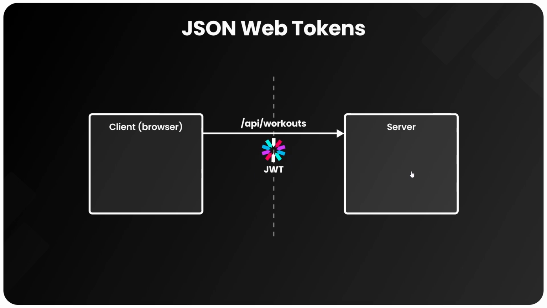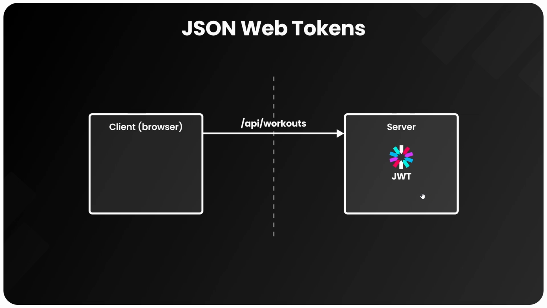So on the API, if when a request comes in, the server detects that JSON Web Token and evaluates it to be valid, then we'd allow access to whatever resource the user needs. But if when the request comes in and the API doesn't detect the web token or determines it to be invalid, then we'd send an error back to the client. And that error would say something like, you need to be authenticated to access this resource. So that's the basics of how we'd use a JSON Web Token and pass it between the client and the